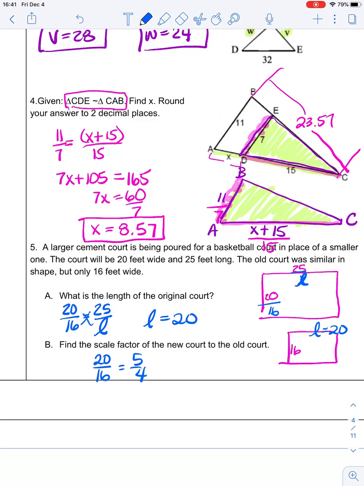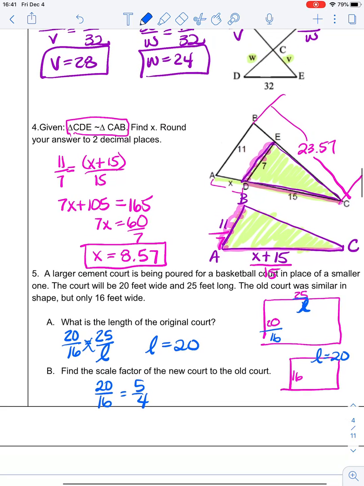So I can take 25 and divide it by 5/4, and get that the length is 20. I think it's just easier to think in terms of proportions instead of multiplying by scale factors, because I get confused. And so I think that